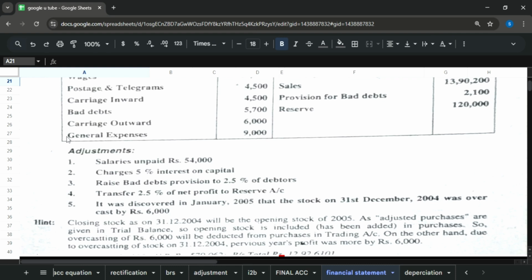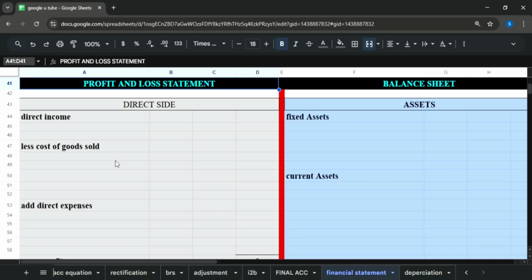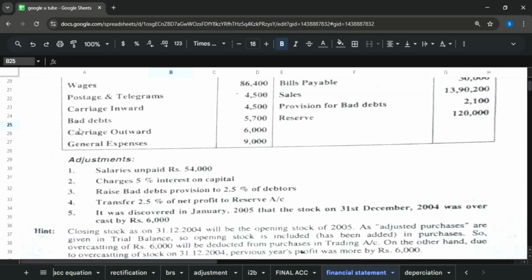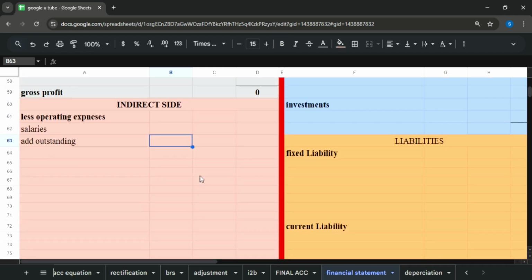So let's begin. First, salaries unpaid. Salaries are operating expenses. So you will go over here. First, you will mention salaries and then outstanding. The amount of salaries outstanding is mentioned over here, 54,000. So write down 54,000. And secondly, you will go to the current liability side and you will mention salaries